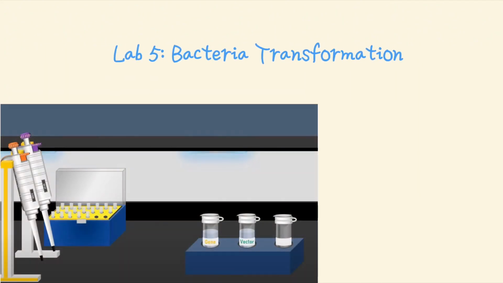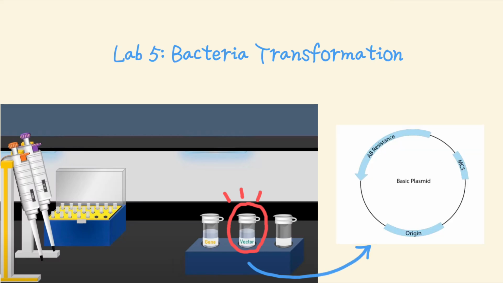In our lab, we focused on bacterial transformation by manually recombinating DNA. A key tool in recombinant DNA technology is the vector. Vector facilitates the introduction and replication of foreign DNA within host cells. Plasmid, a circular DNA, is widely used as a vector in molecular cloning, ensuring the propagation of recombinant DNA sequences